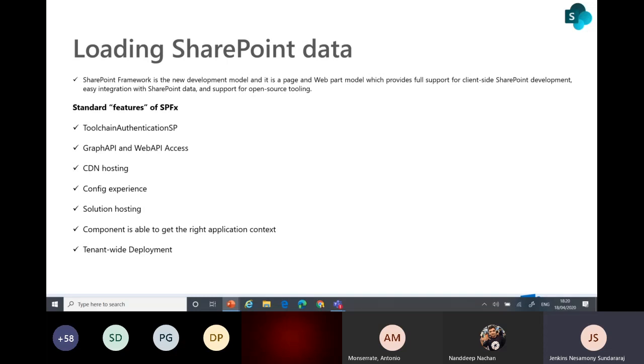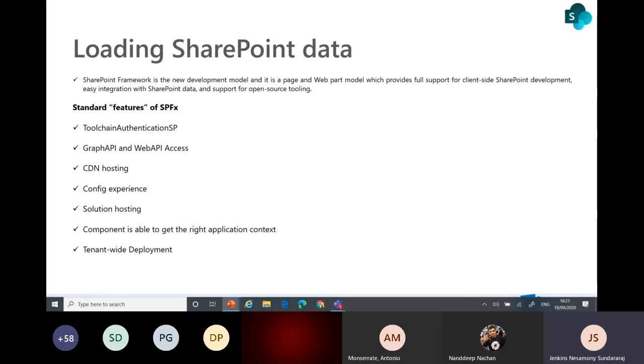We have a lot of properties you can use. You can get values based on the permissions. If you want any language changes, you can do everything. Using the extension, we can get the current user location and update based on that. We can also bring in the top banner and bottom banner using the extension, right? There are a lot of features, and we can do list-level customization using the command set customizer.